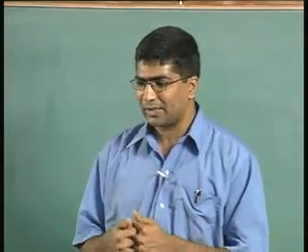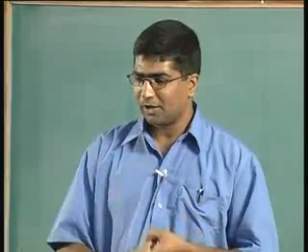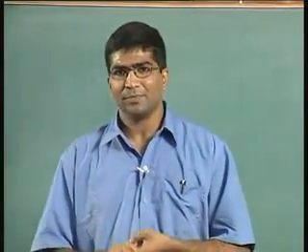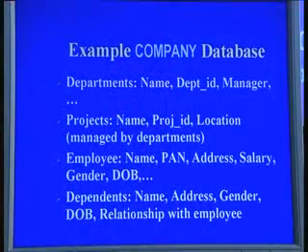Okay, so an employee has a name, an employee has a PAN number, if he is paying income taxes regularly, he has an address, he has a salary, he or she has a gender and date of birth and so on, right? So all of these attributes define what is an entity type and what are the characteristics of that entity type. Okay,